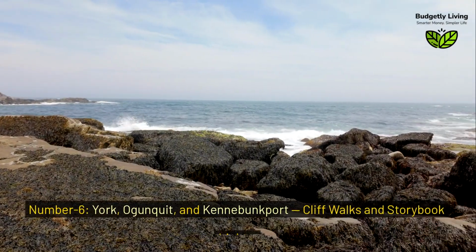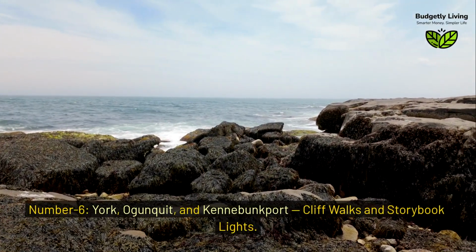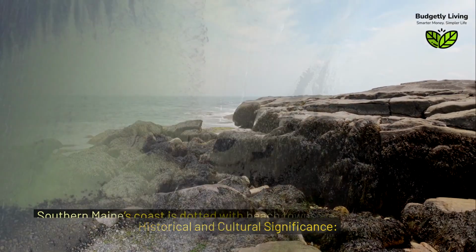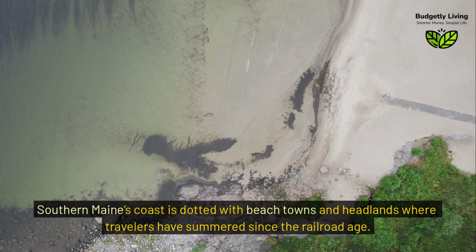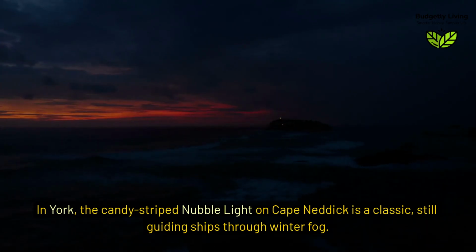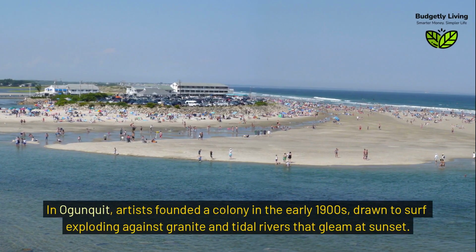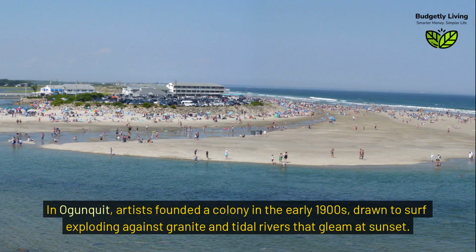Number 6. York, Ogunquit, and Kennebunkport, cliff walks and storybook lights. Historical and cultural significance. Southern Maine's coast is dotted with beach towns and headlands where travelers have summered since the railroad age. In York, the candy-striped Nubble Light on Cape Neddick is a classic, still guiding ships through winter fog. In Ogunquit, artists founded a colony in the early 1900s, drawn to surf exploding against granite and tidal rivers that